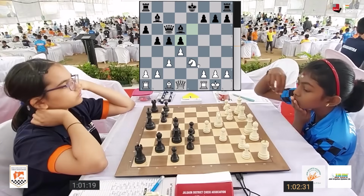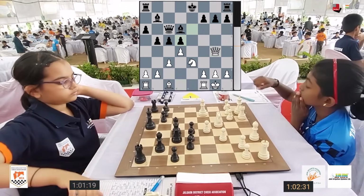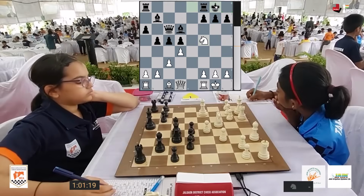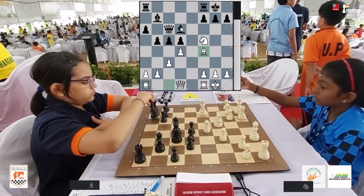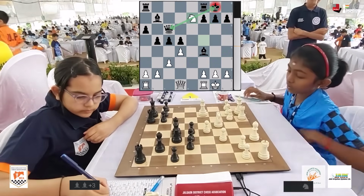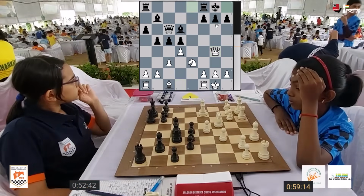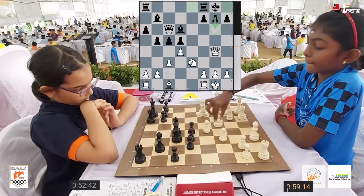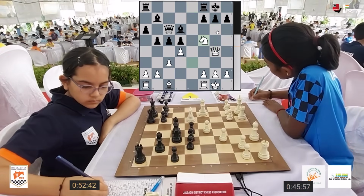And the point to note is that she goes queen g4, a small mistake. Knight f5 castles, and here there is a beautiful move, bishop f4, because bishop takes f4 met with knight e7 check and game over. So queen g4. Now g6 is a good move, but she castles. Maybe g6 would have been better choice. Mate in 1 threatened, so g6 becomes forced,